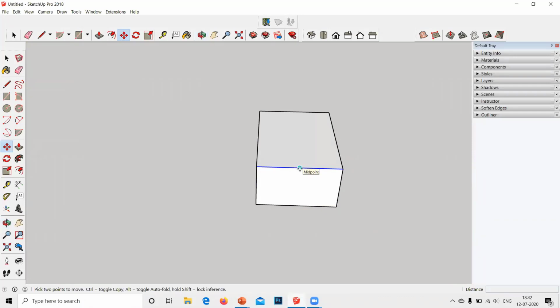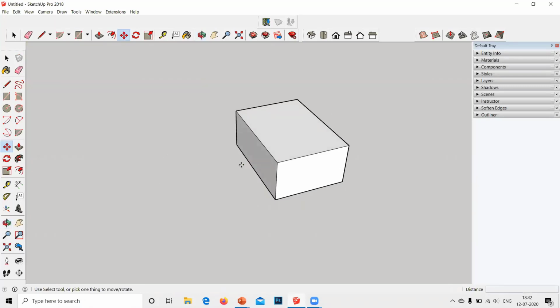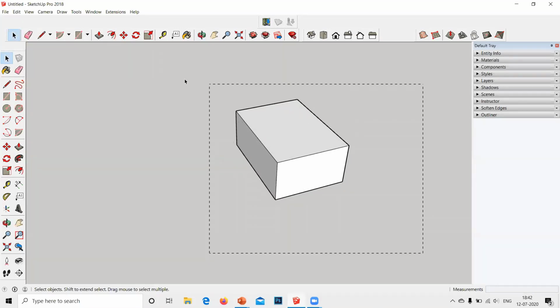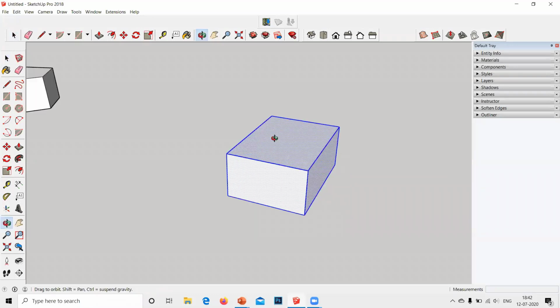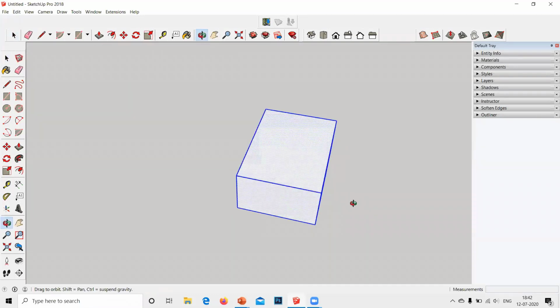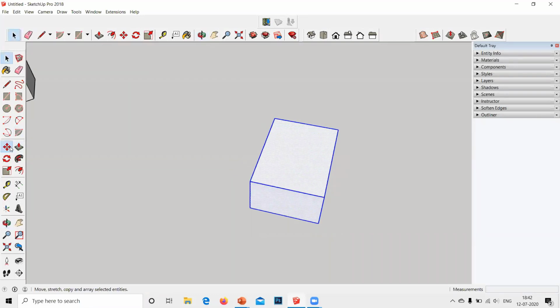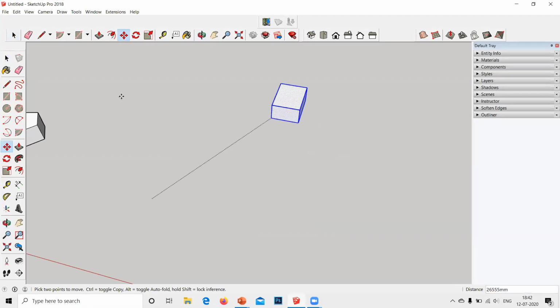Because this move tool is selecting only a particular face or a particular edge. We don't want that. We want it to select the whole thing. To select the whole thing, in the last session I also taught you, go to select option, keep clicking your left mouse button, drag it and release. You have selected your whole structure. Now try to move it. Now it will move anywhere. Place it anywhere.